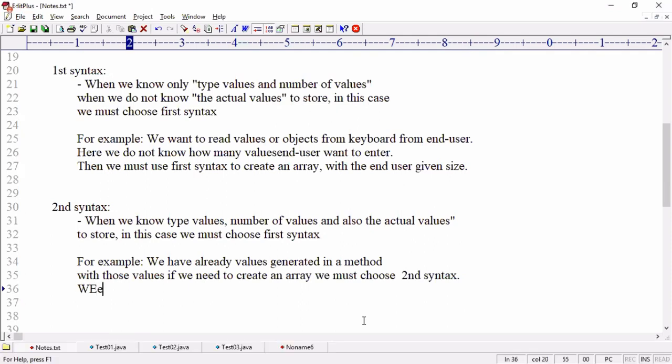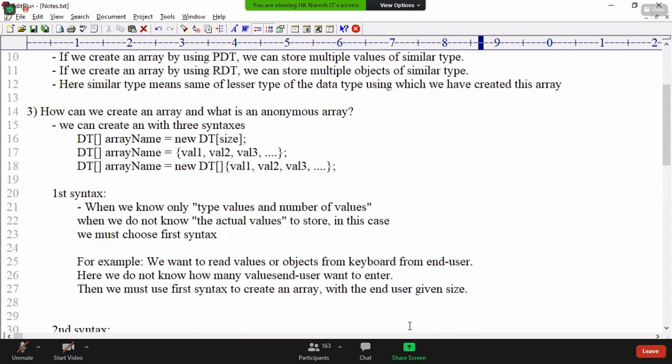We can also choose the first syntax, but it is lengthy code and increases the number of lines. Okay, so I'm expecting all the people to